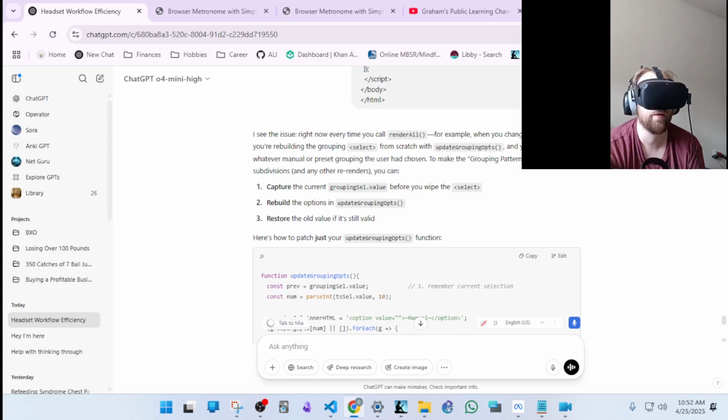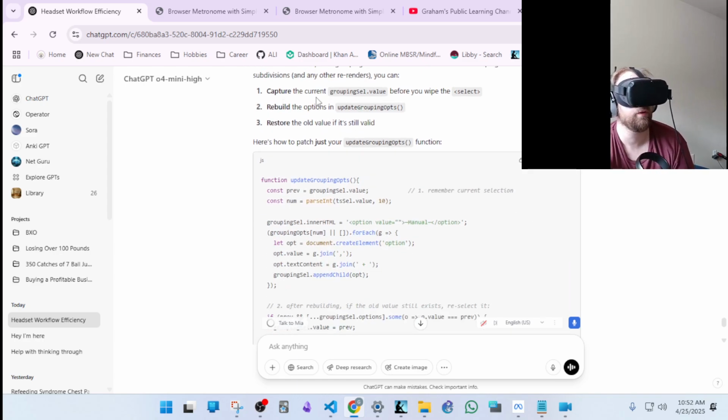To make the grouping pattern persist across subdivisions and any other re-renders, you can: one, capture the current grouping sel.value before you wipe the select. Two, rebuild the options in update grouping ops. Three, restore the old value if it's still valid. So here's how to patch just your